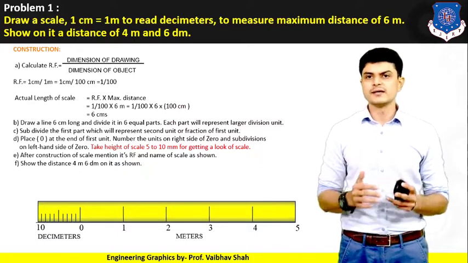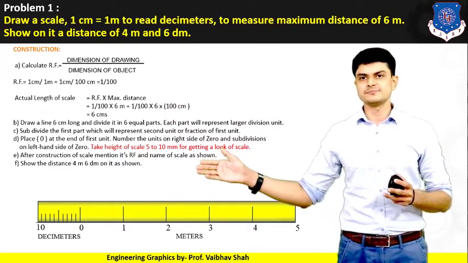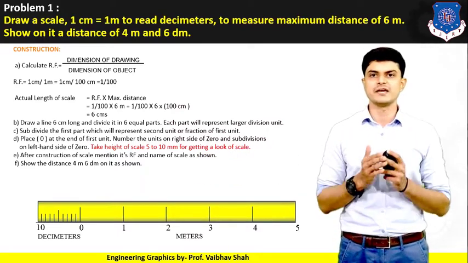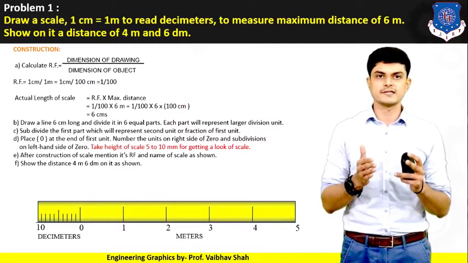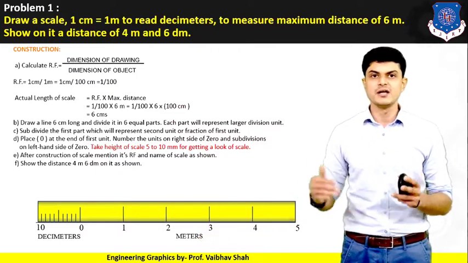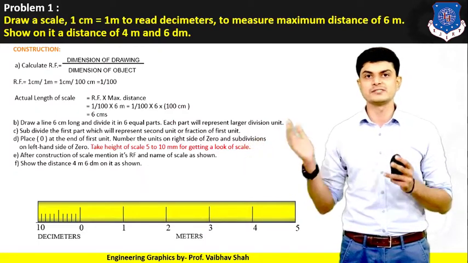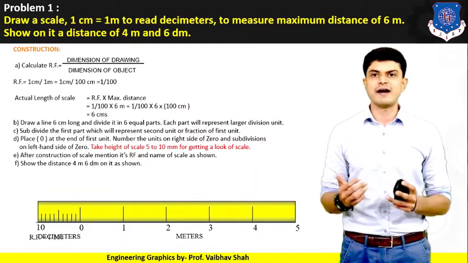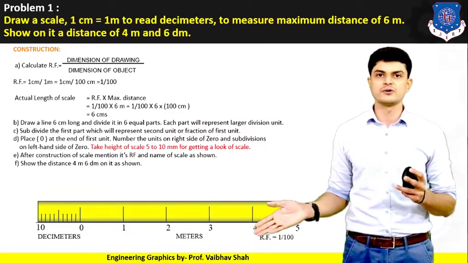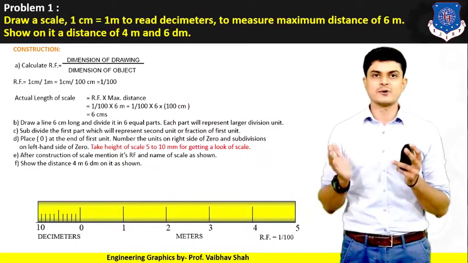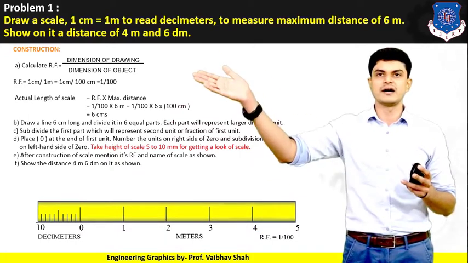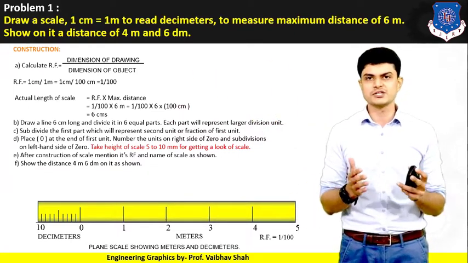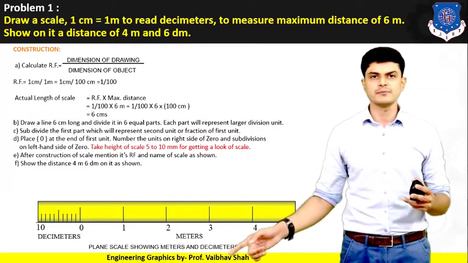As you can see, our scale starting from 0 till your right hand side would be your primary scale, and we have specified the primary unit here, which is nothing but meters. The scale on the left hand side of 0 is your secondary scale. So we have substituted a secondary unit there as a decimeter, and finally you need to substitute RF, which would be on the right hand side of the scale. The RF is what we have found out here, 1/100. So you need to put that RF value in here, and after that you need to specify the scale measures of meters and decimeters at the bottom.